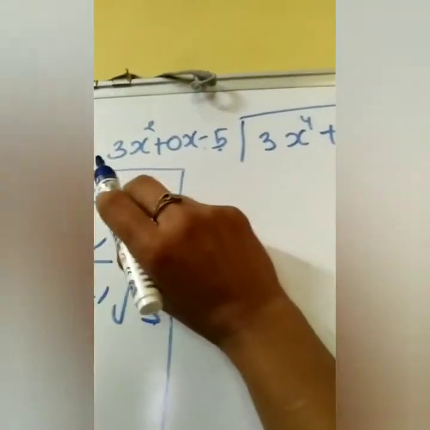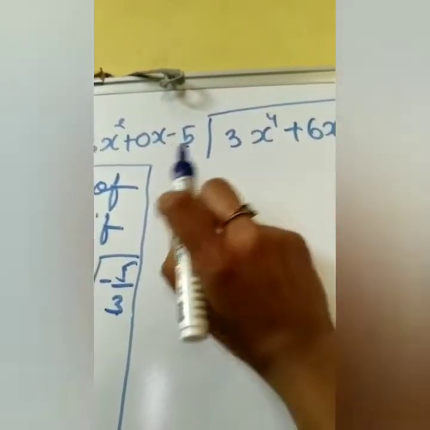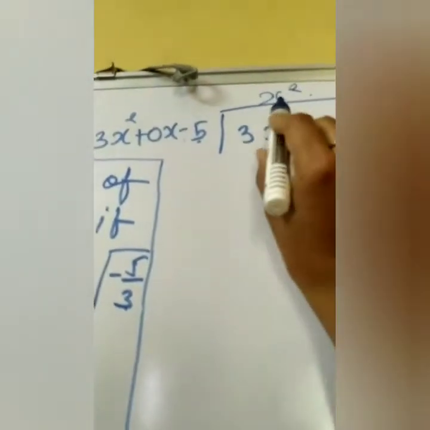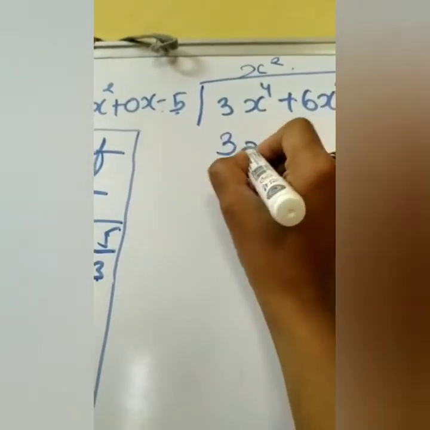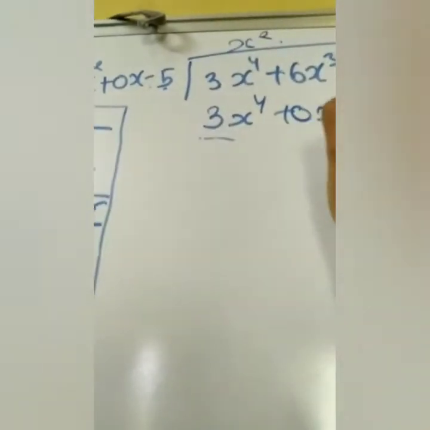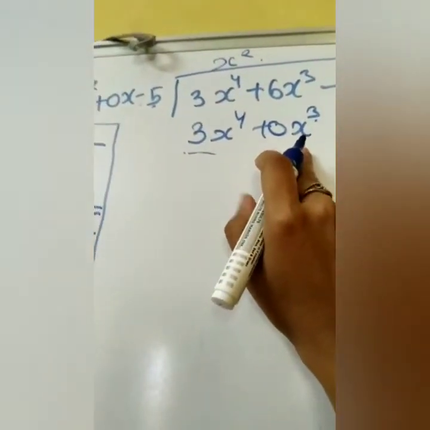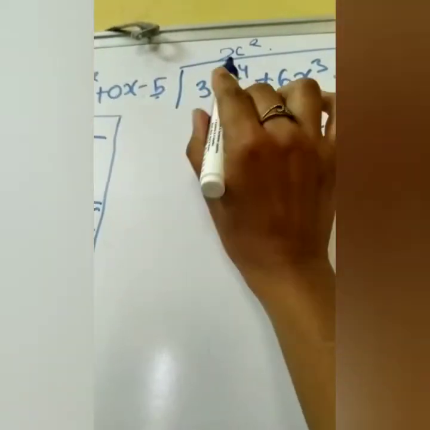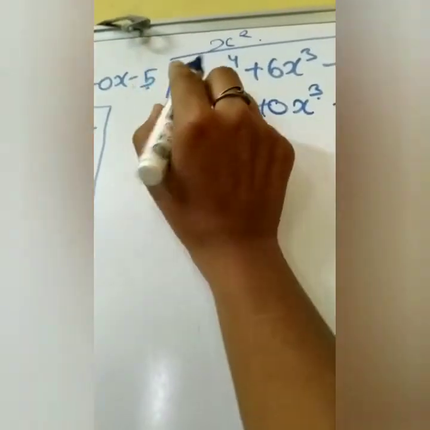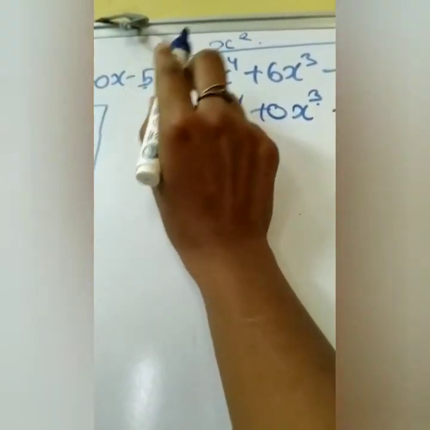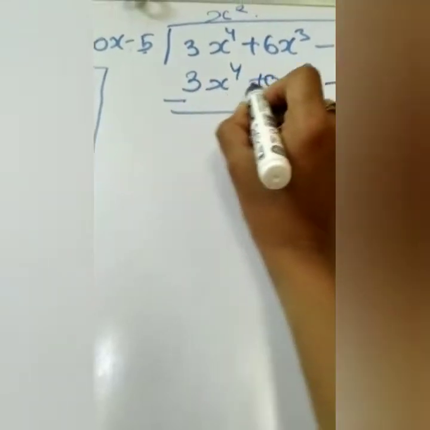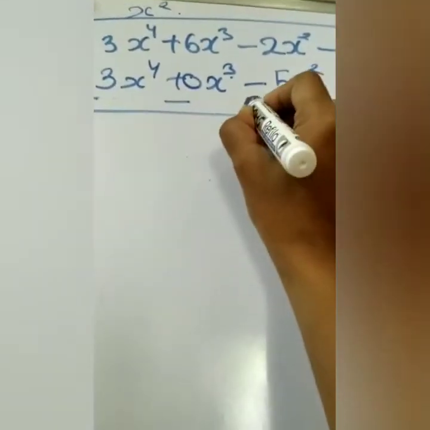So here we want 3, here we have 3. Here is x raised to 4 and we want x square. So simply we will multiply by x square. If we multiply this, it will become 3x^4. Since 0 is there, it will become plus 0x cube. To make ourselves comfortable, we multiply this x square into x, but 0 into 1 will become 0. And minus 5 into x square gives minus 5x square. Here is 1, we cannot see it, but 5 ones are 5 and x square. So now we will change the sign. If it is plus, it will become minus, and minus will become plus.